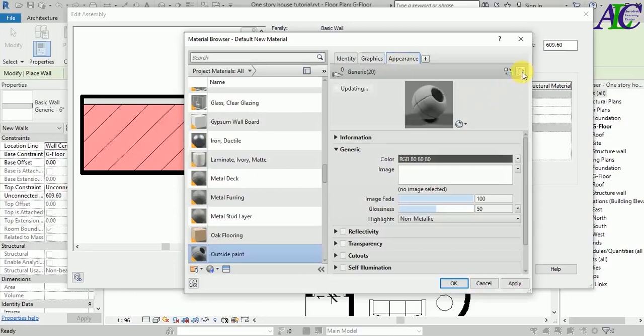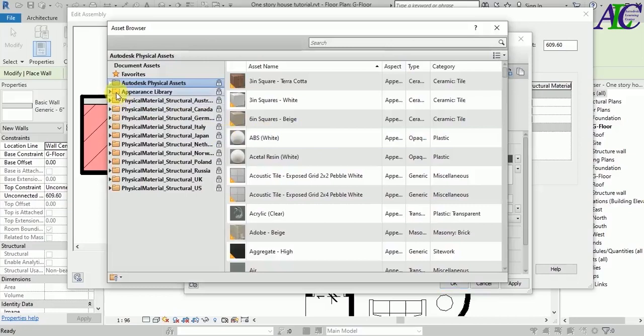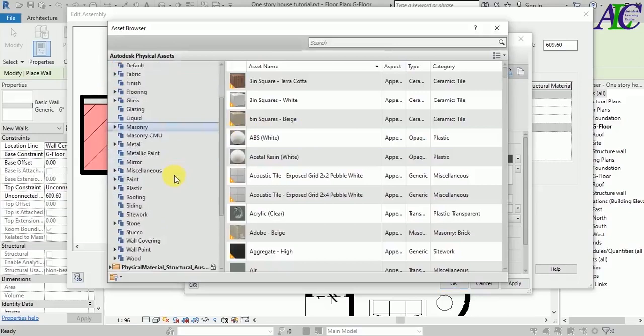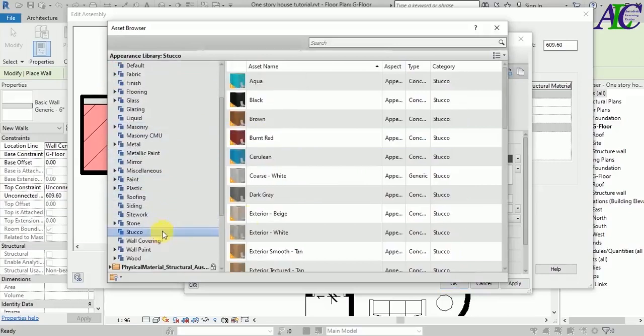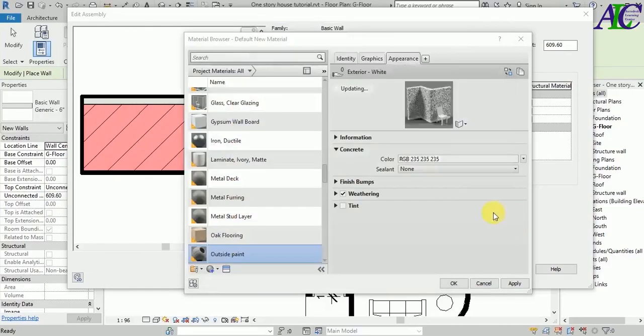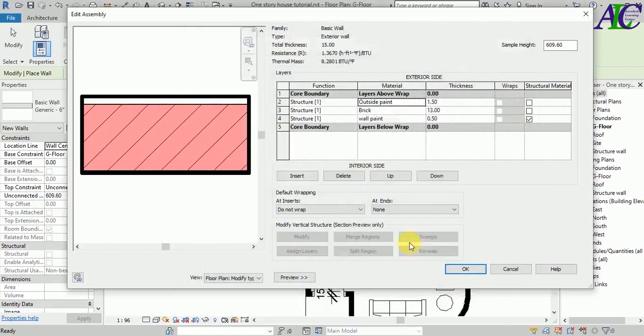Let's copy, and then from here click this and go to library, and from here I'm going to select something, yeah, this exterior white. I'm going to select this. Let's click in here, and then close, and then apply, and okay. Now if you done this, again I'm going to okay,